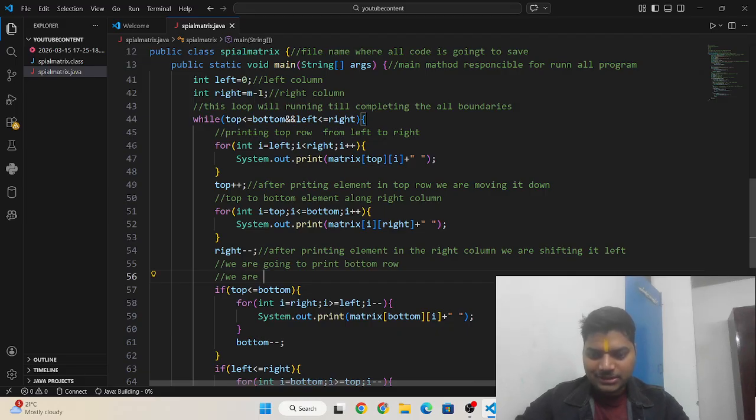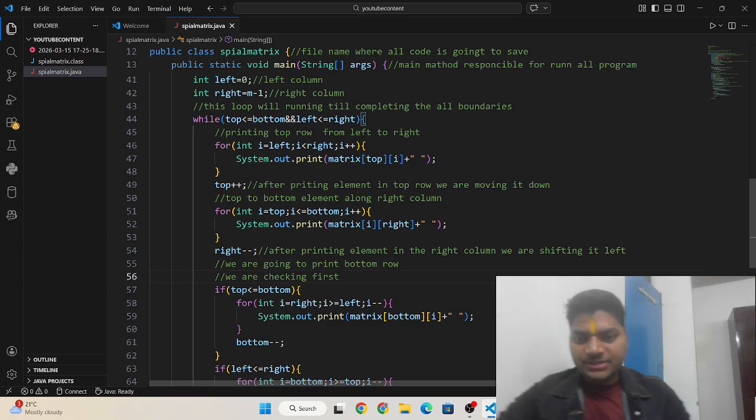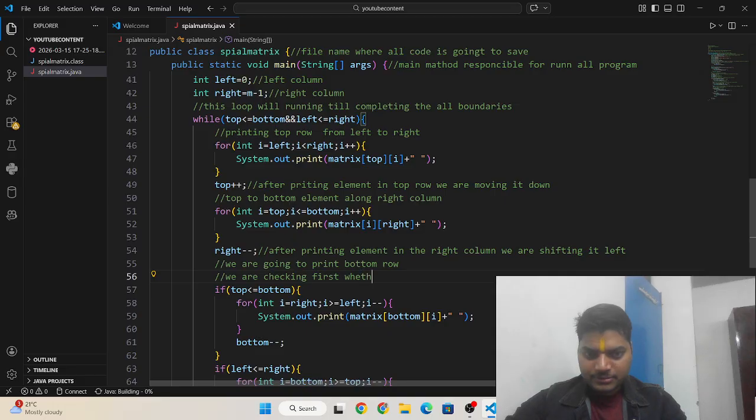We are checking first whether the top row is less than or equal to the bottom row or not.